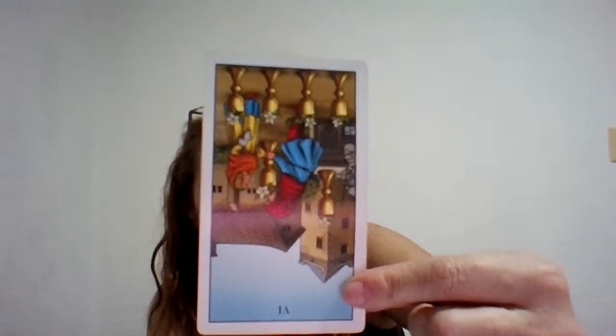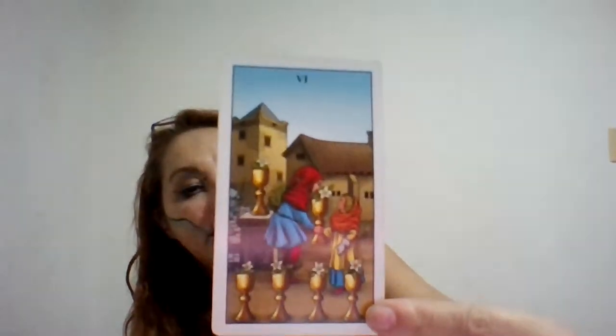Okay. Now, second card up for Wendy is the Six of Cups in reverse. When the Six of Cups appears, the recommendation on the reversal of the card is always commending you to live for the day. Be aware that today is the day that you need to focus on. It's like little by little. You have to be focused on the present moment. Don't avoid upcoming issues. It's also one of the warnings of the card, because when it's upright, it's always about